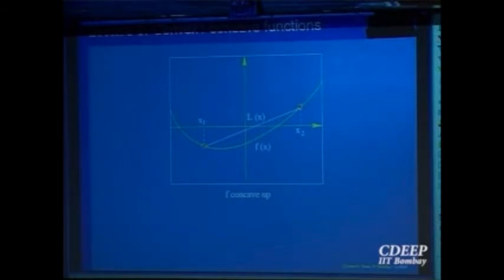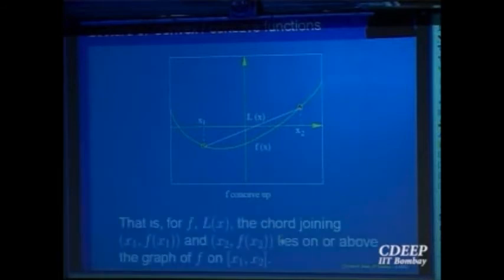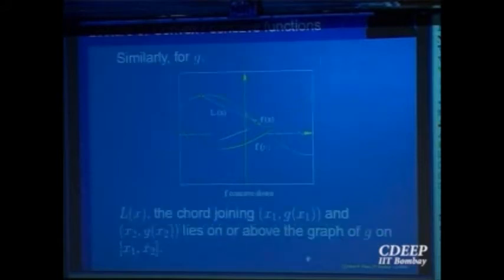For any 2 points, if you take the chord, right? So in words, everything is described. You take any points x1 and x2, take the points (x1, f(x1)) and (x2, f(x2)), these 2 points on the graph, take the line joining, that stays always above. For any point x, if you look at, this is L(x), this is the value of the function. Similarly for g, the other function, it always remains below.